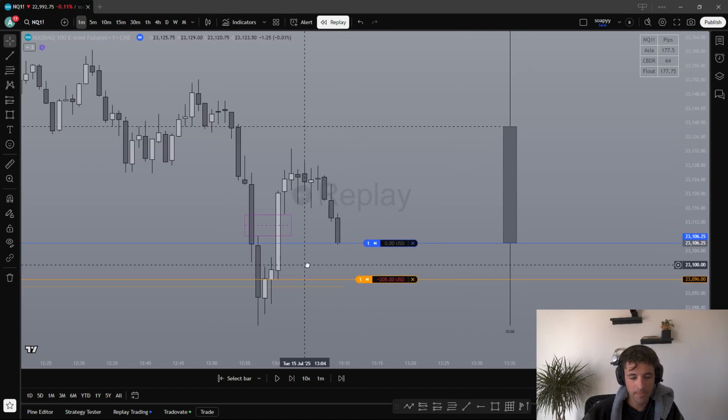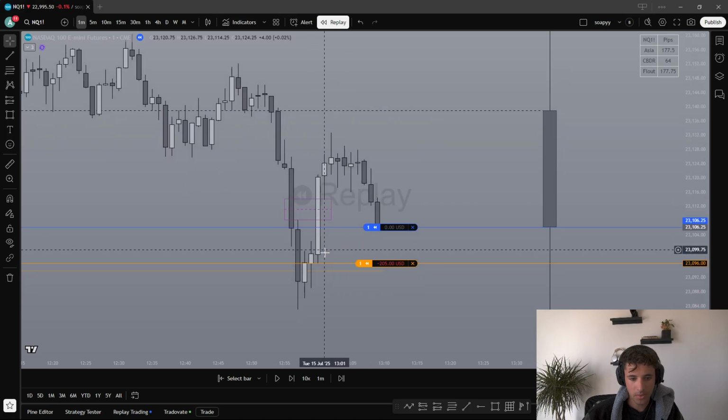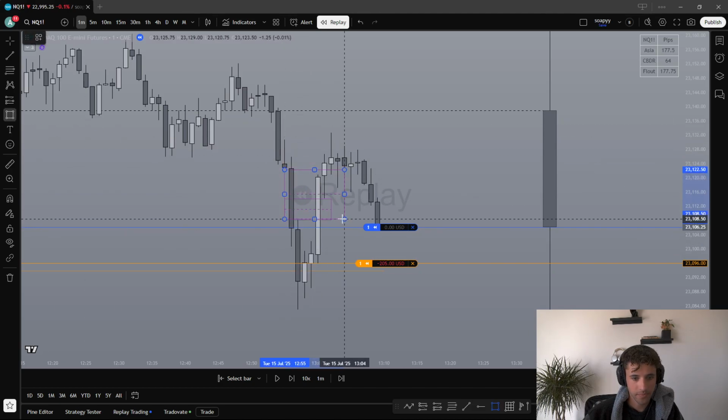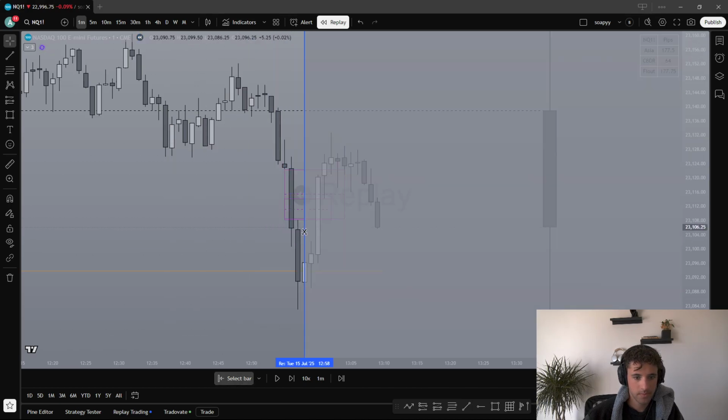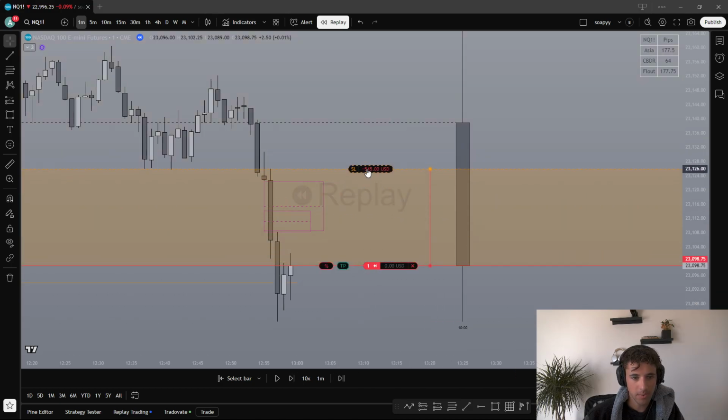But my stop loss, my rule of thumb is in the fair value gap, you have 1, 2, 3 candles. It always goes on the wick of the second candle. So right here, you can see the wick of the second candle. Or if we were right here, it'll bounce back up. Let's say my stop loss would be right here.